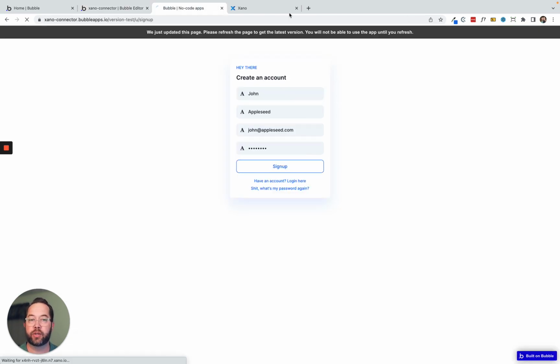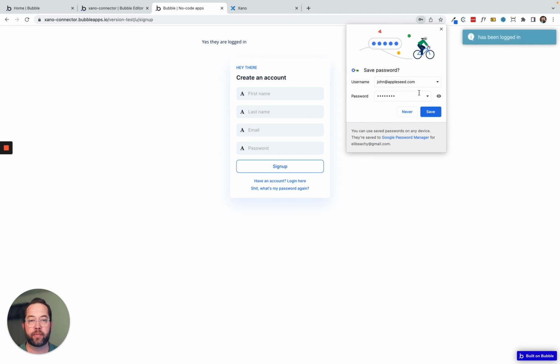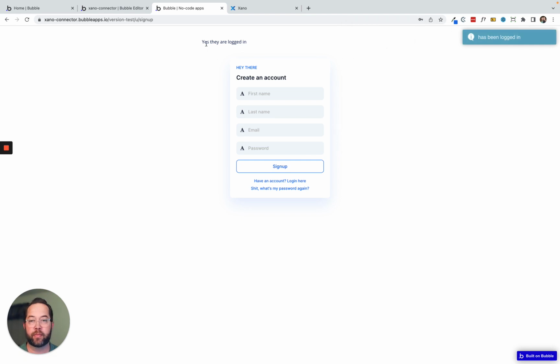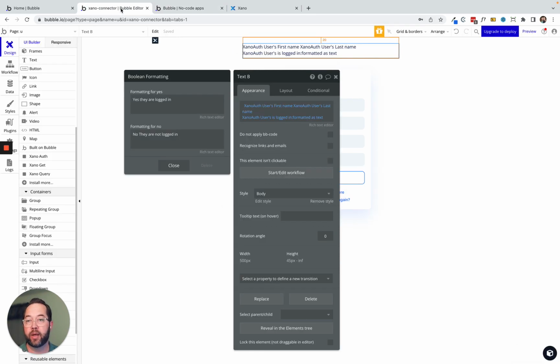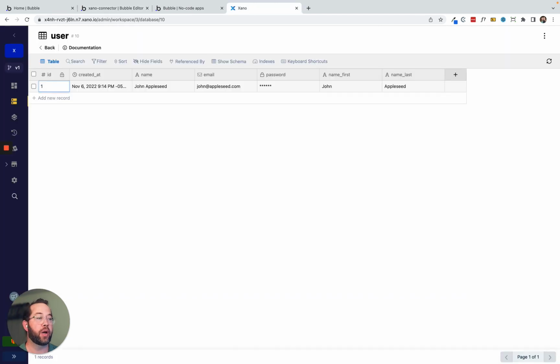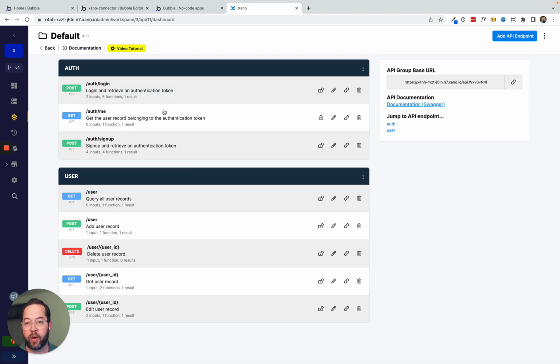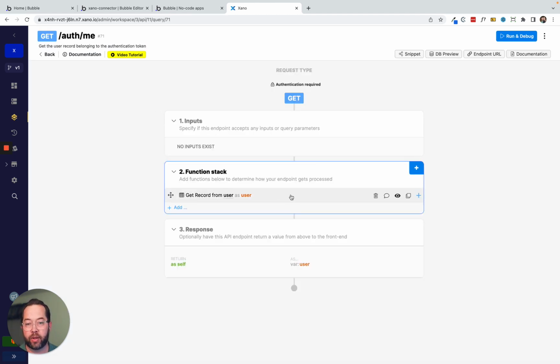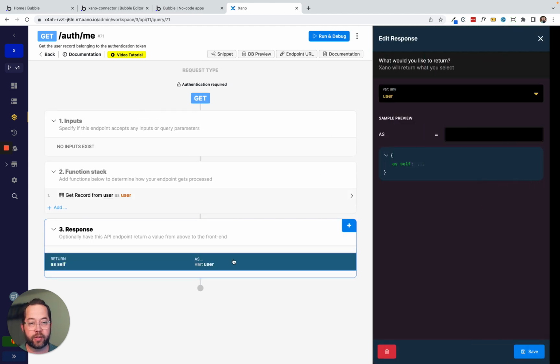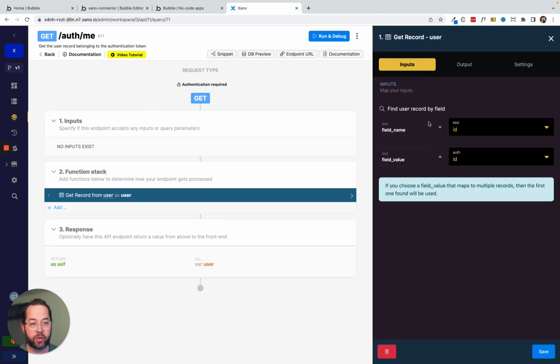If we refresh this page, we can see that yes, they are logged in is here. And I know why we're not receiving their first and last name. So let's go back into Xano here. And we have to adjust our API on the auth/me endpoint. So we're returning this, getting the user,